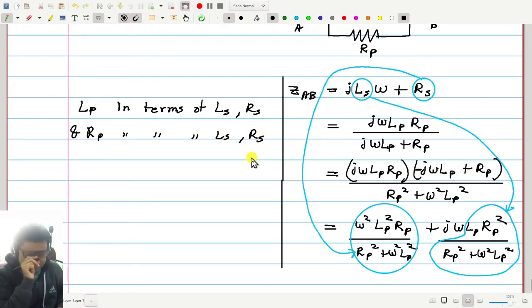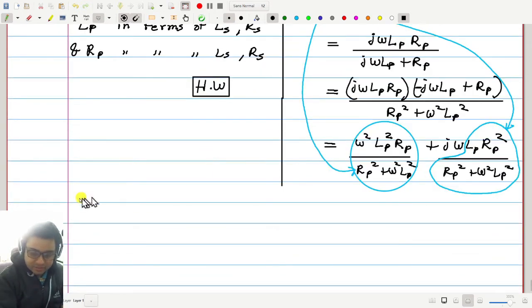Yes. So we can divide one equation by another, and then we can get a ratio of LS and RS in terms of LP and RP, and then just substitute one of those values in one of the equations. In fact, you can do it in many different ways. Basically, you have two equations, two variables to write in terms of other two. You can always solve it in many different ways. So let me keep it as a homework. If you find any difficulty, then we will do it at a later stage.